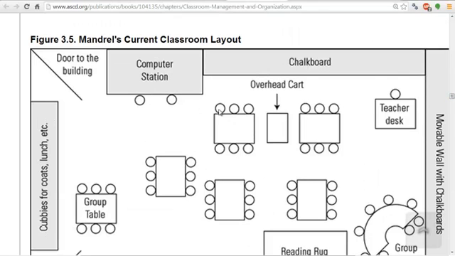If you notice, this one sort of goes against what I just said about having their back to you. If you were writing here on the board, these 3 students and these 3 students would have their back to the board the entire time. Or if you were using the overhead, they have their back to it. It would be far better to turn the tables to look like this so that everybody's looking forward. So those are just a few tips.